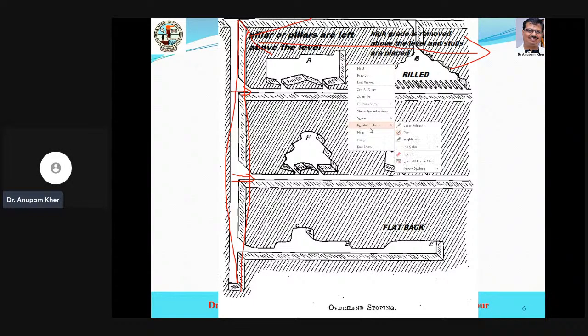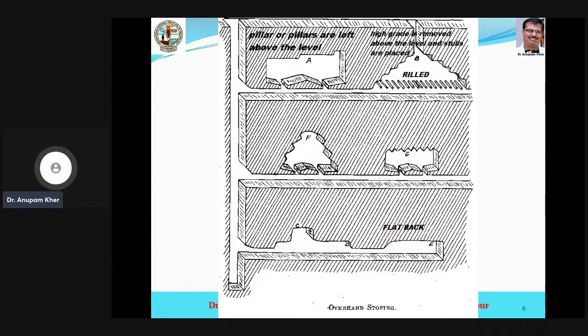And then you can see here that in all the cases, when we are moving in this direction, driving this horizontal roadway, our direction is frontal. That means we are moving in the direction of the face, when we are moving in this direction. But eventually the entire stope is being worked over the roof here, and that's why the term comes: overhand. Here also, we are moving from this reference level to this level, always moving upward,